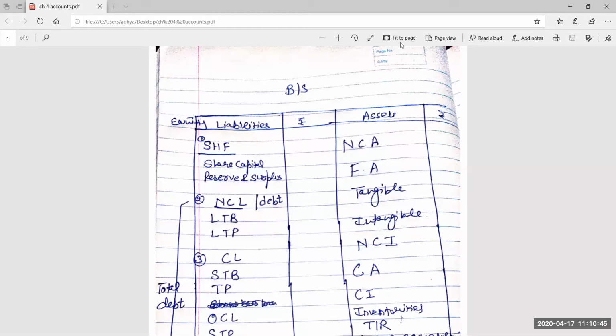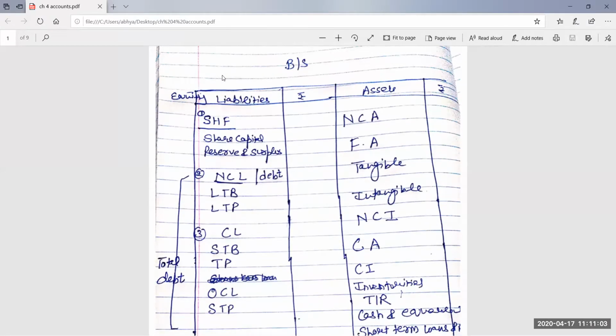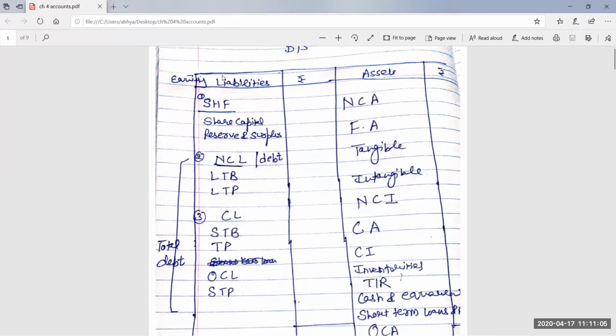Yesterday we started with accounting ratios, part 3. And I told you about the meaning, objectives, and limitations of ratios. I also told you the bifurcation, or the different categories, of ratios, in which I told you 4 types of ratios are there. Which 4 types? Liquidity ratios, solvency ratios, profitability ratios, and turnover ratios. These 4 types I told you, and out of those 4 we started